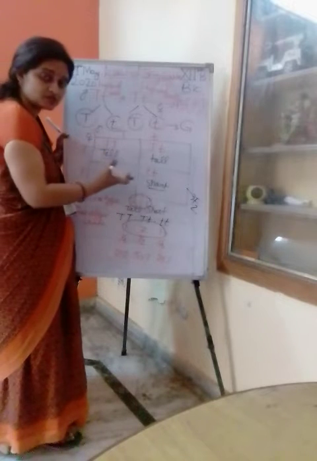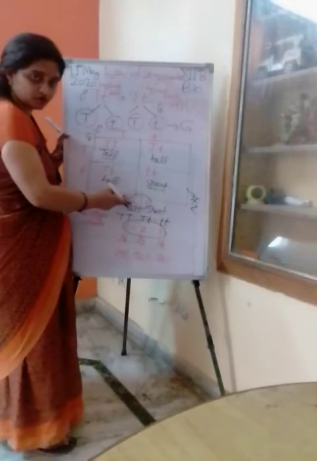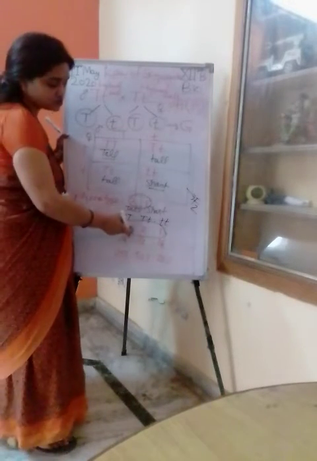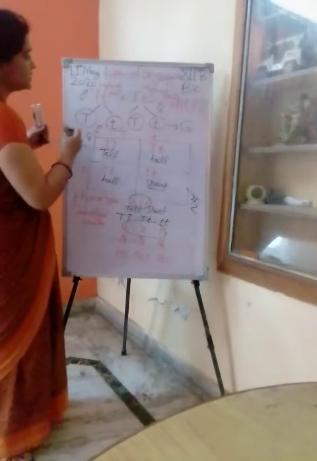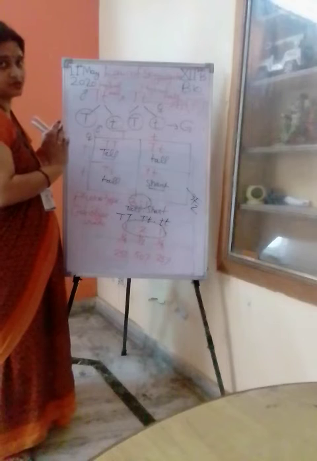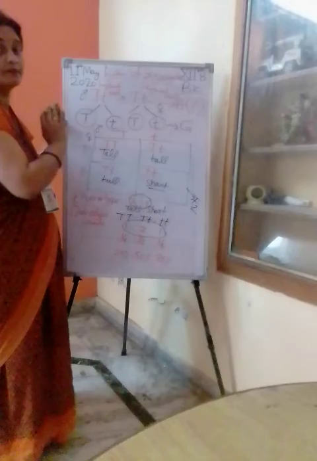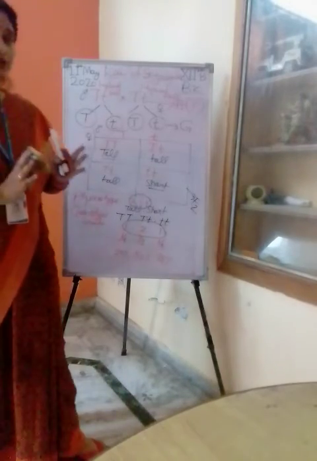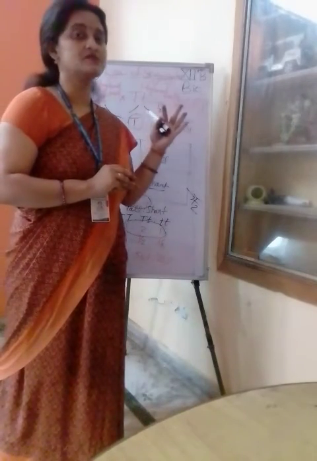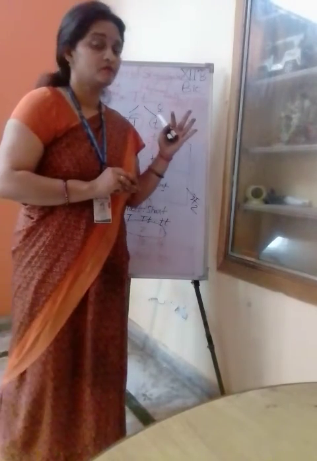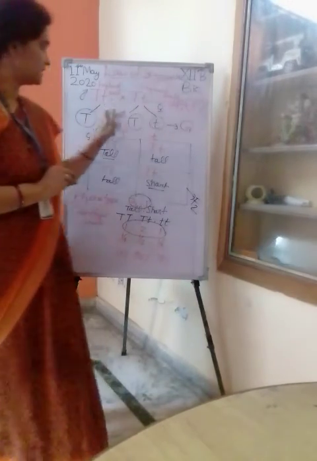So what is the ratio of this in the checkerboard? In the F2 generation, phenotype is 3:1 and genotype is 1:2:1. I think you understand the law of segregation. Now that is very important. Please write down in your fair copies. And write down this activity in the lab manual, that is very important. Then you can understand that.